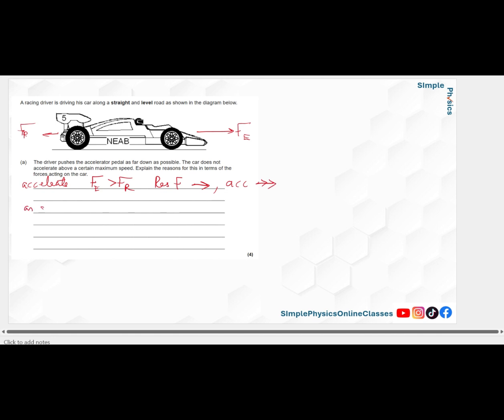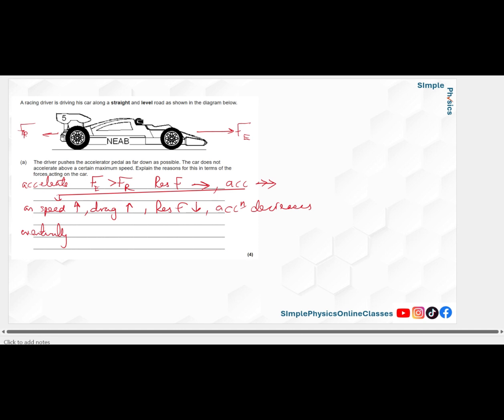Then, as speed increases, because you're accelerating, drag increases. So therefore, the resultant force decreases, therefore acceleration decreases. But you've still got an acceleration, but it's not as big. And then eventually,